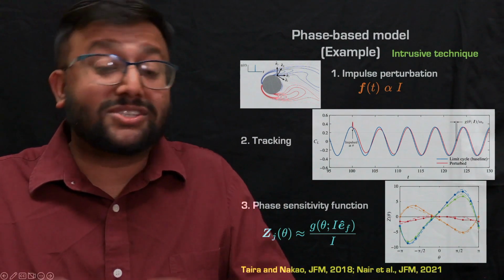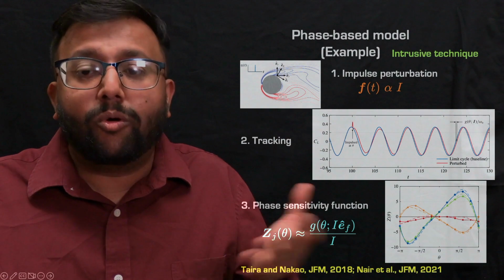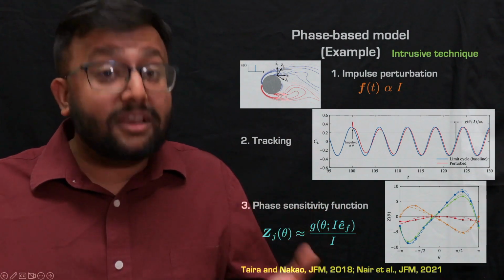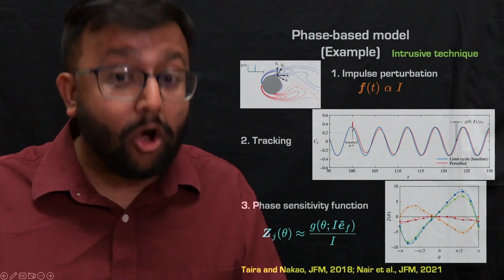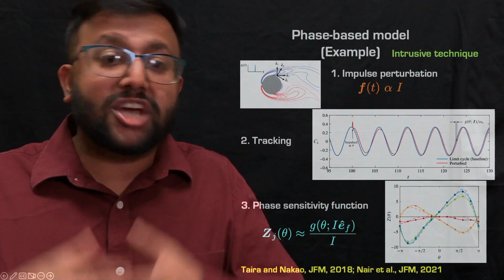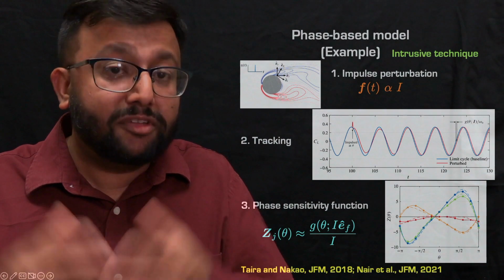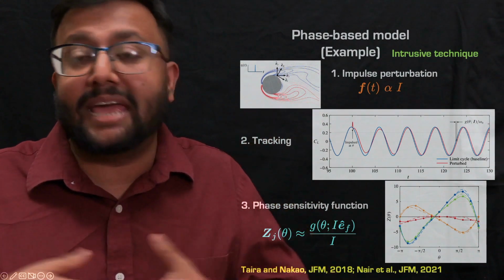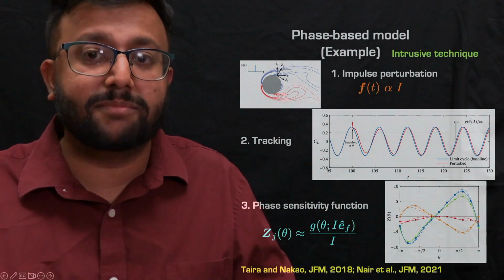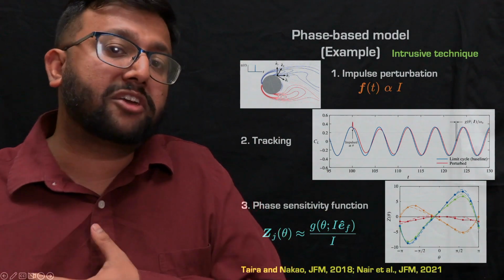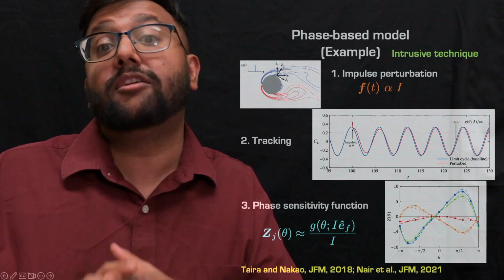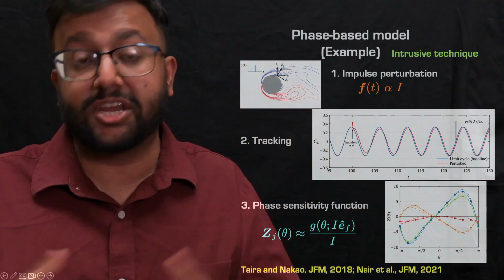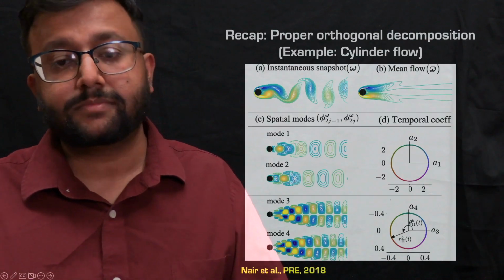So this, you have to trust me on this, but this model works really, really well for periodic flows, right? Just by having this information of the phase sensitivity function for these different forcing functions and then multiplying them with any force of the system, you can immediately see the effect of forcing on particular phases of the system and how it affects the phase dynamics of the oscillation of periodic flows.